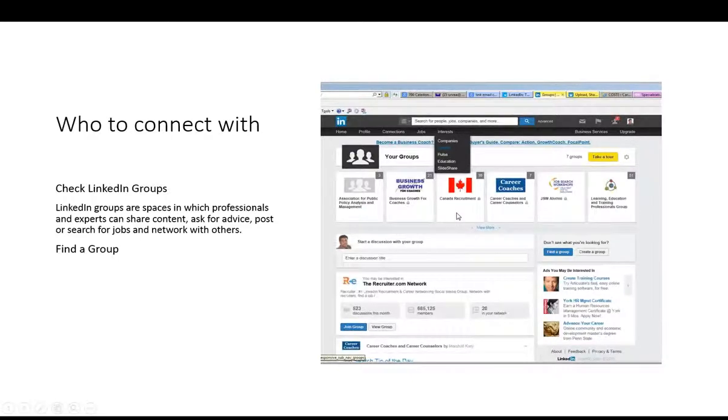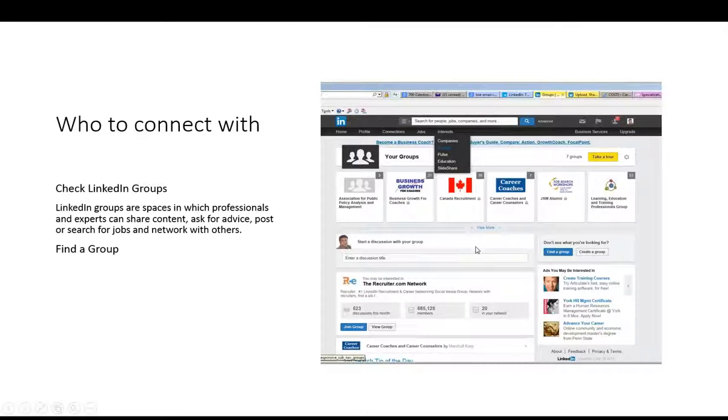Another way of building connections is by following groups. If you go to the interest section, you will find groups here. If you click on groups, again, based on your profile and your industry focus, LinkedIn will suggest a few groups that you might be interested in being a part of. So you could continue and join the group, or you could observe a group and then later on, if you're an advanced user, you could also create a group. Well, that's for later. But for now, we'll stick with